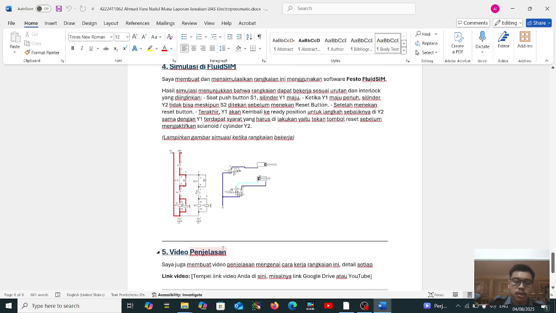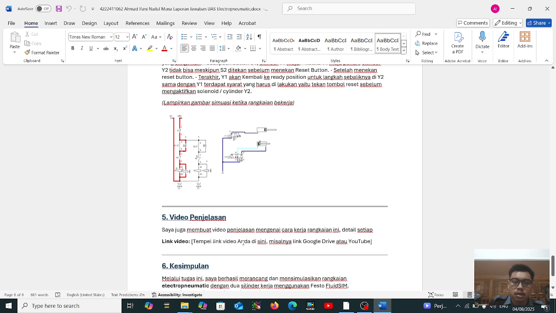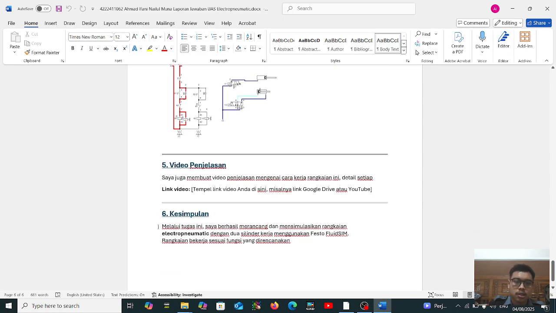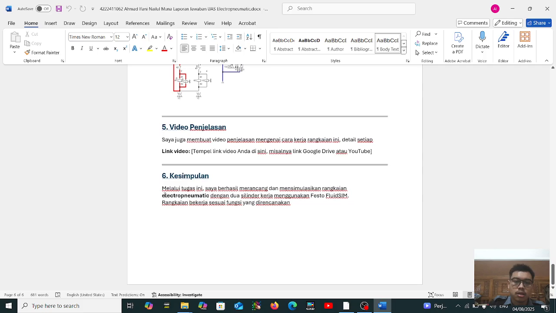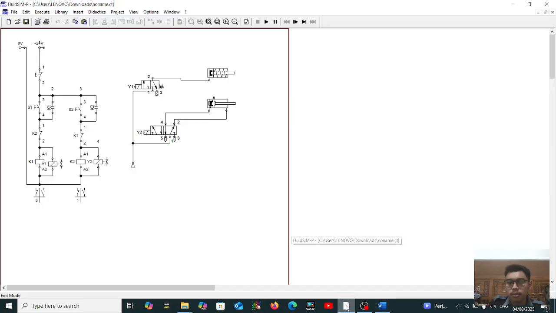And number five, we will pass the link of my presentation explaining my project. Then the last is how this circuit works. I will explain how my circuit diagram works.